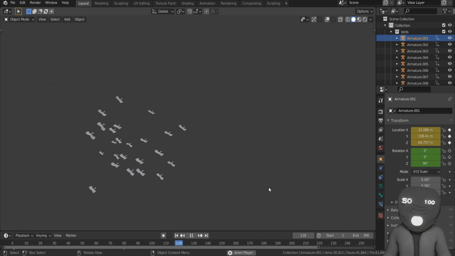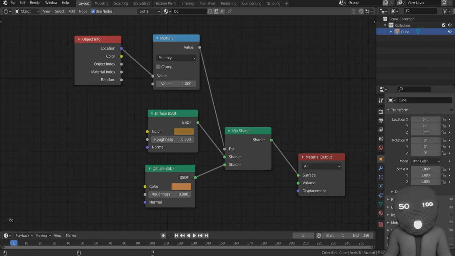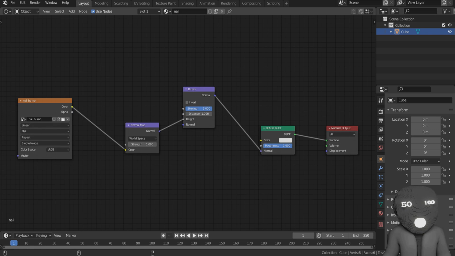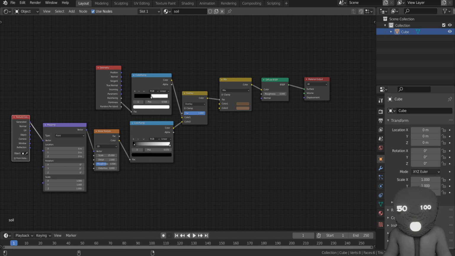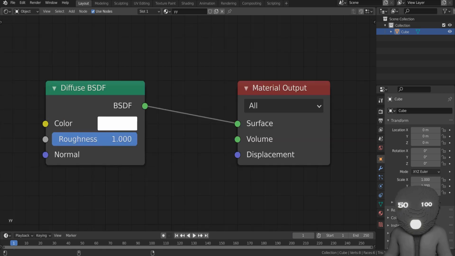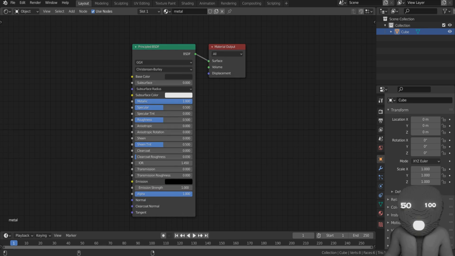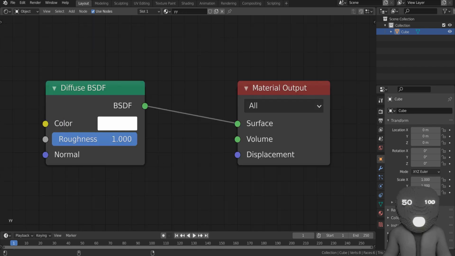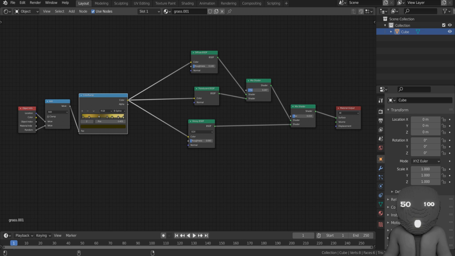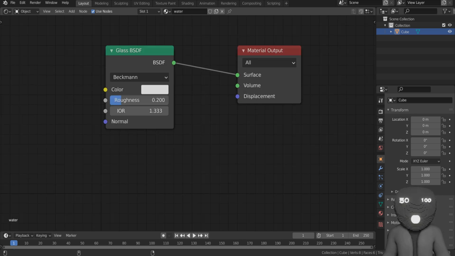Our scene is almost ready. For materials, I don't use any very complex materials. They are just simple diffuse, glossy and Principled BSDF shaders. So almost everything has a diffuse shader. For metallic surfaces, I use Principled BSDF with full metallic value, and the others are just diffuse shaders with their color. For tree leaves and grasses, I mixed glossy and translucent shaders with diffuse for a little glossiness and translucency. For water, I just use a plain glossy shader with 1.333 IOR value, which is water's IOR.